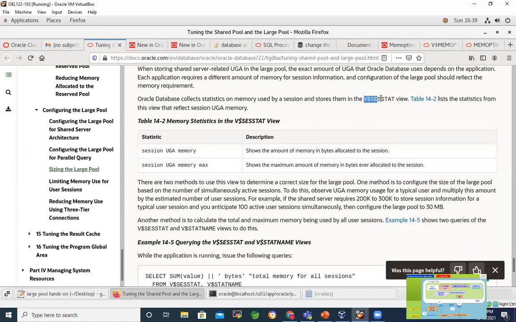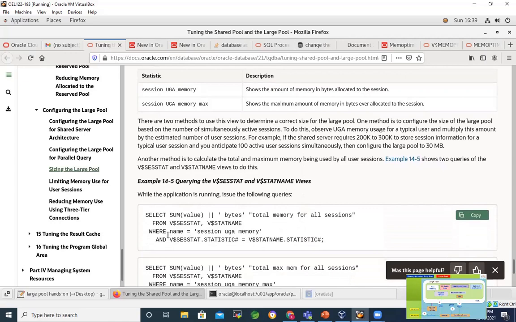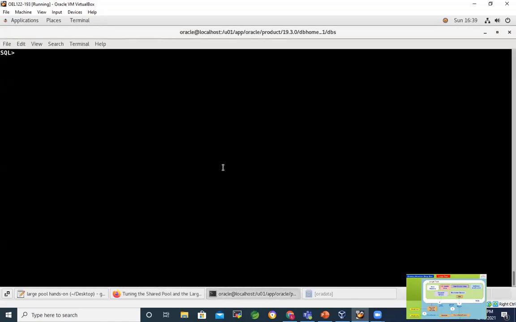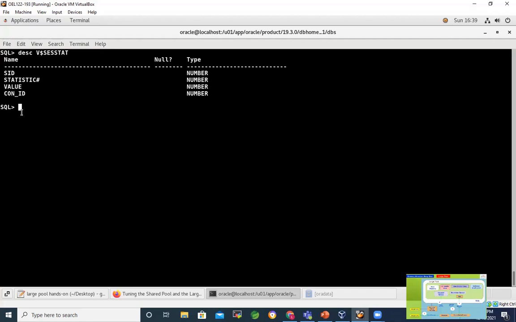Let's say I just describe V$SESSTAT. The name column, and the value column.